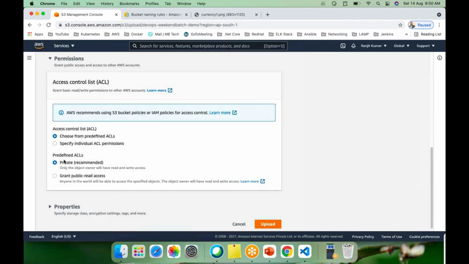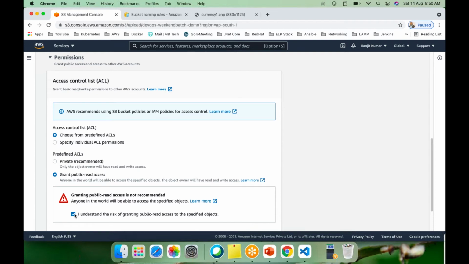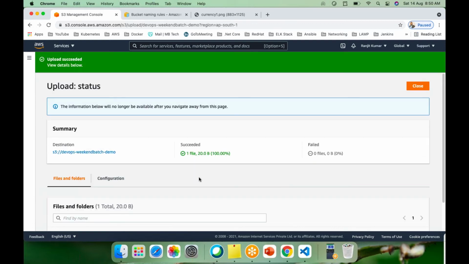Test.txt file. Okay, now let me upload it here. Add files.